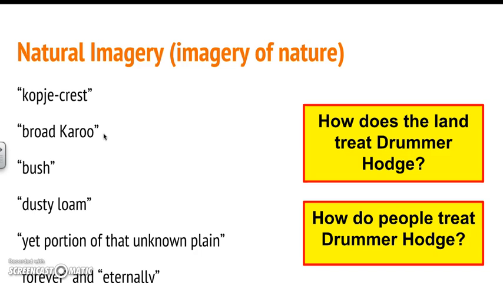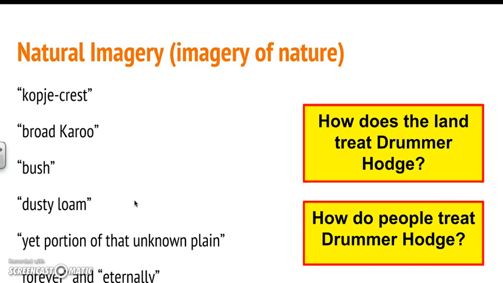It's vast. It is dry, very dry. It's dusty. It goes on forever. Very little vegetation. And just with these three words and phrases, Thomas Hardy really brings to life what the setting